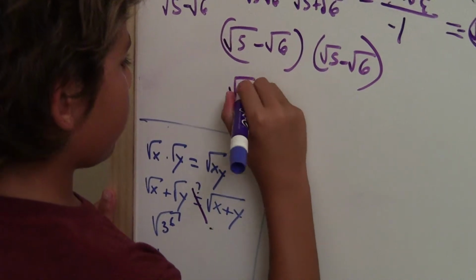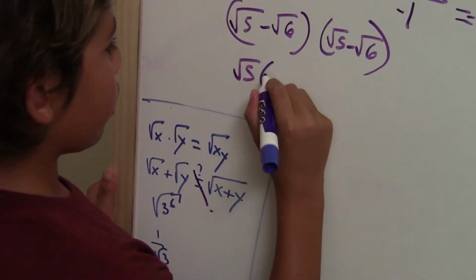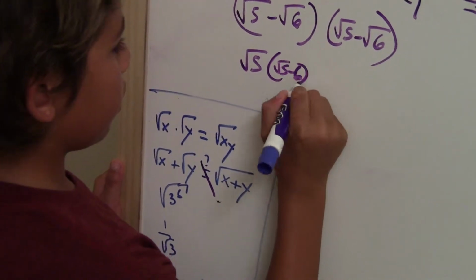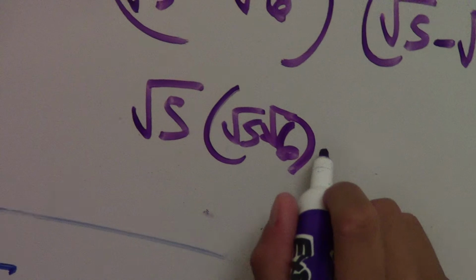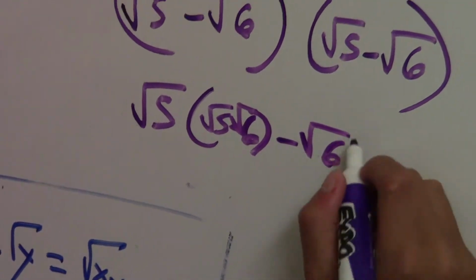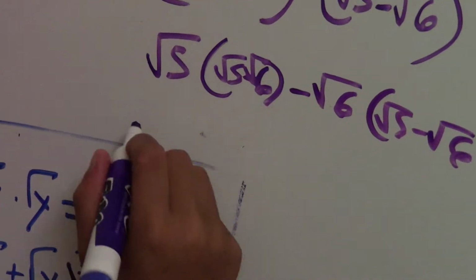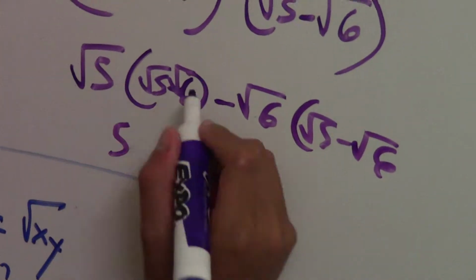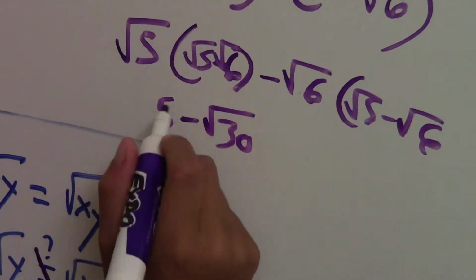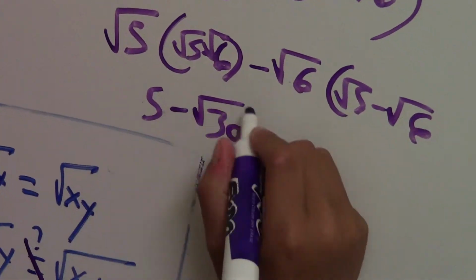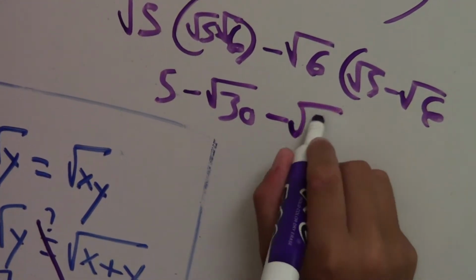If that does not change, we do the square root of 5 times the square root of 5 minus the square root of 6, minus the square root of 6 times the square root of 5 minus the square root of 6. We do that, 5 times 5 is 5, 5 times 6 is negative 30, because that changes that, minus square root of 30,